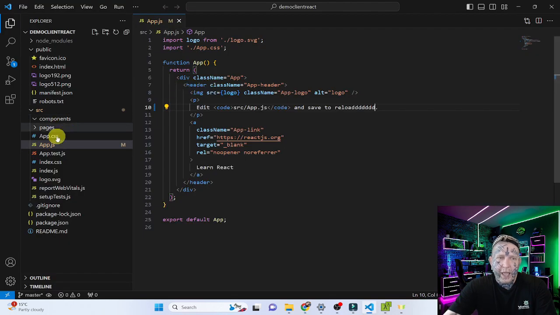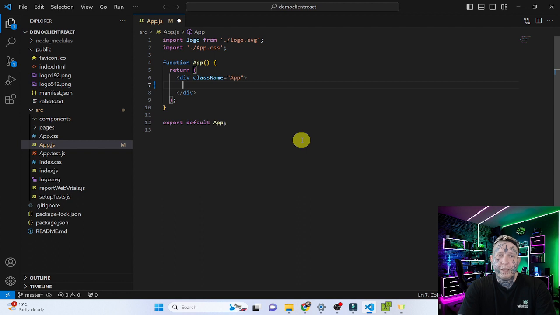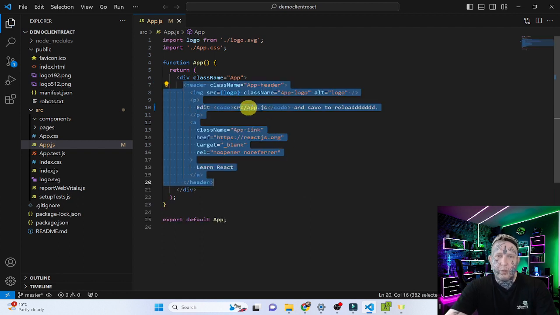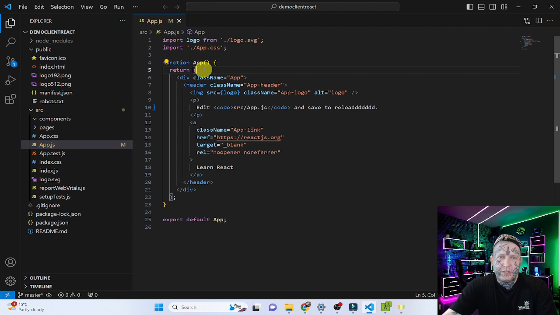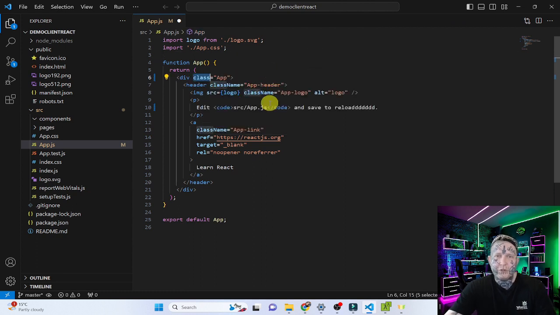So we're going to go in our app.js file, and I'm going to show you some basic examples of JSX versus HTML. So let's see, for instance, I'll just keep this up as a reference actually. So in HTML, typically you would have a class or an ID, right? Whereas in JavaScript or React, you use className. And then a lot of the other things are the same. You can see obviously this image is being imported at the top, and then it's being rendered through the source tag in the image. The image tag is principally the same as an HTML tag outside of the className,